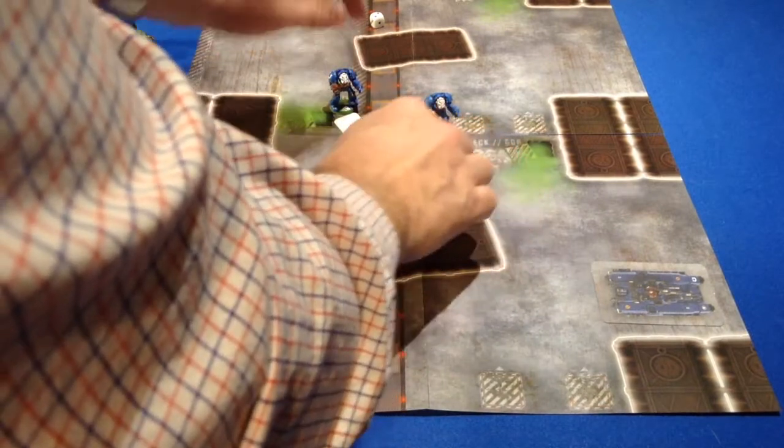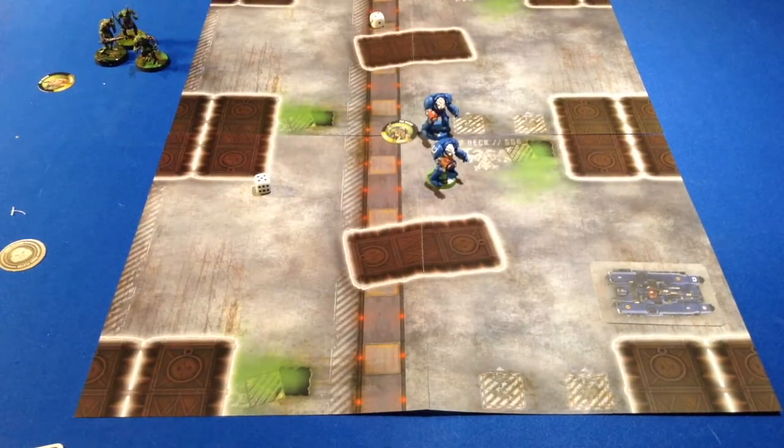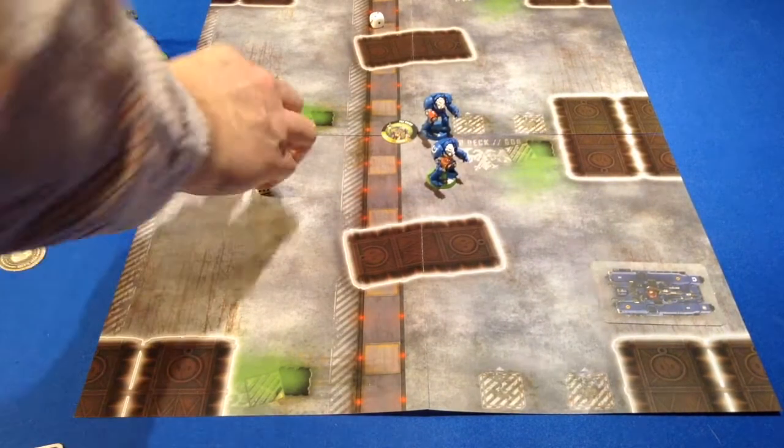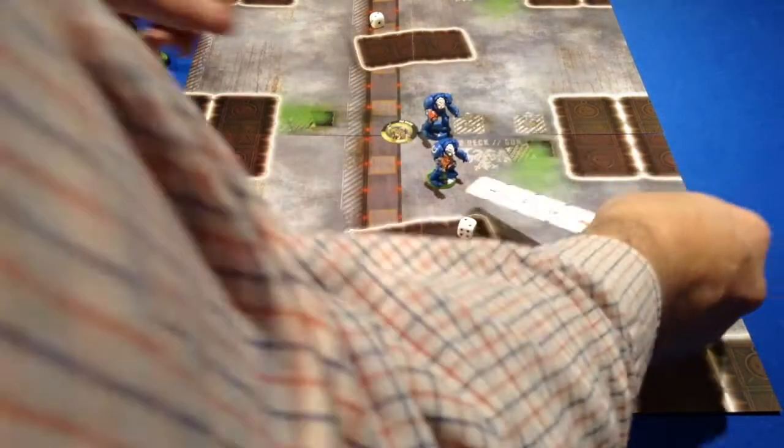He's going to go, let's see, 3 to here, and then 3 to here. And you're allowed to break up your movement like that. You don't always have to go in a straight line. And I'm rolling 2 dice and picking the highest, so he's going to advance 5 inches to there,